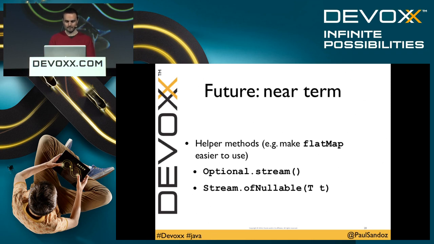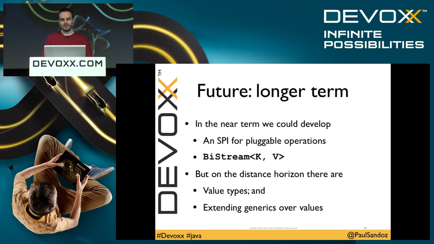In the longer term, we could do a lot more. As we talked about in the Java 8, 9 and beyond panel, we have this tension between what we can do now and what we can do in the future. I see what's coming in the future, and I'm saying, if we do certain things now with streams, it's not going to be as good as what we can do later, and then we're stuck with it going forward, and we'll still have to make it better somehow. So the right thing to do is hold off on some things and wait.